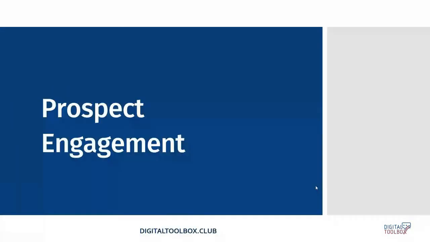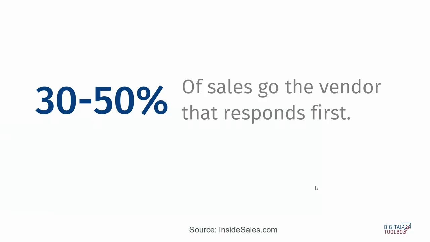The next type of automated campaign is what's called prospect engagement. Now you've got somebody who is really ready to buy, and this statistic blew me away. 30 to 50% of sales go to the vendor that responds first. So all you got to do to actually win the contract sometimes is simply send that proposal first, send that follow-up note, reach out and call. It's really surprising when you think of all the other things that you do to get the sale, and simply being responsive may win the day more often than not.